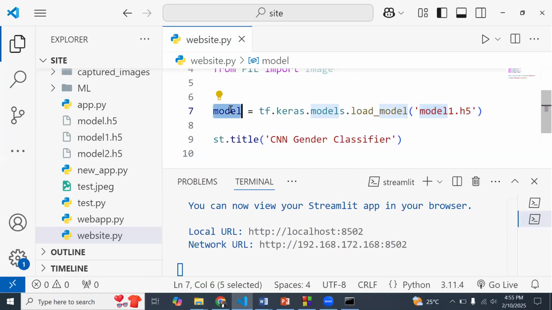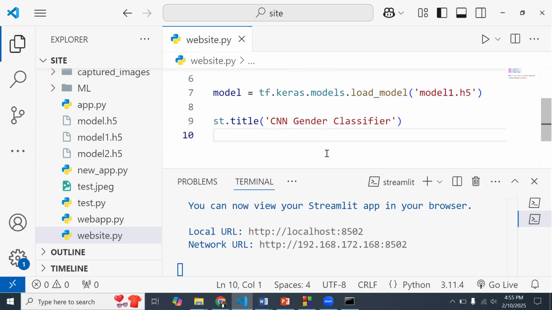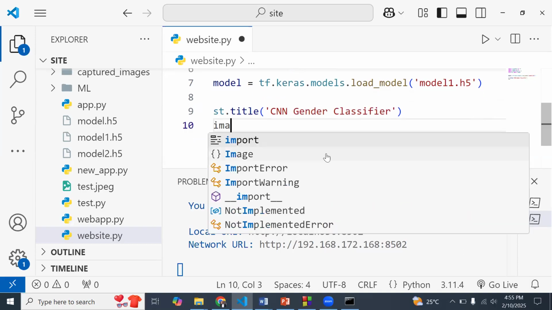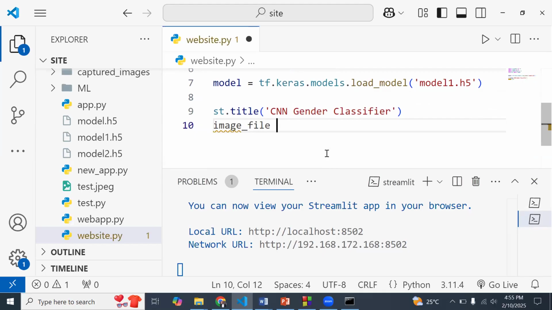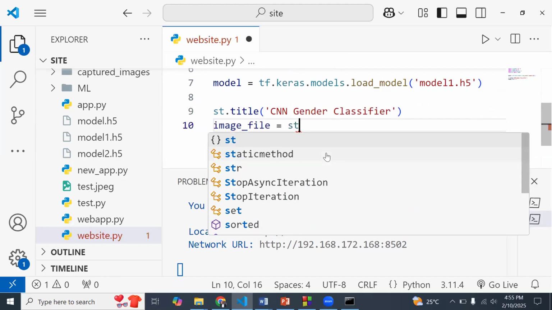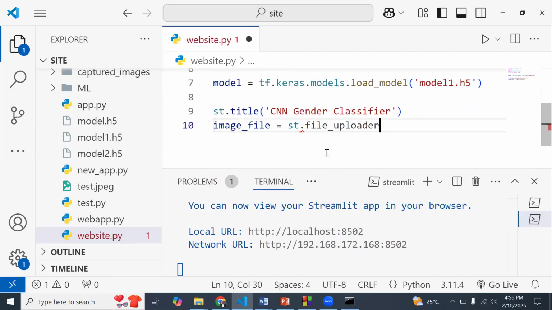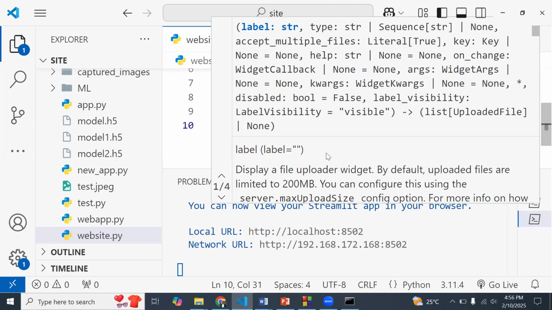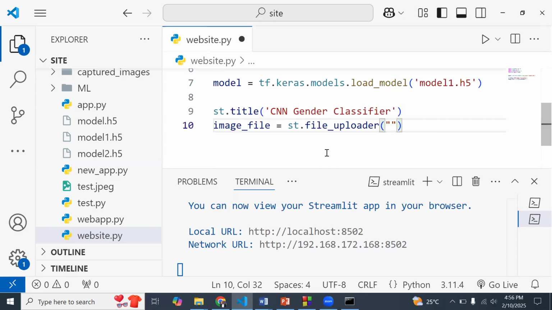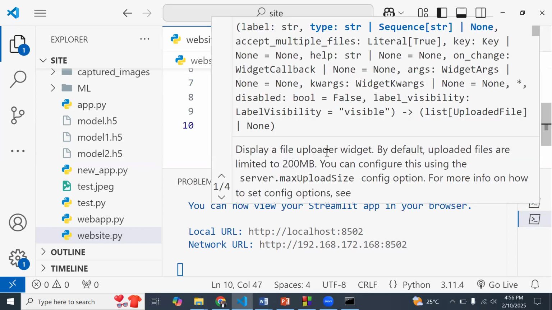So we can literally do something like model.predict. This object model we have over here, and then pass in the image, and then we are good to go. But before we get that image, we need to write the code for it. So I'm going to say image_file, something we did last week, and then we are going to call streamlit.file_uploader. The file uploader is going to give us the opportunity. We have to pass in a string label, and over here I'm just going to say upload image, and then right away let's give it some restrictions.